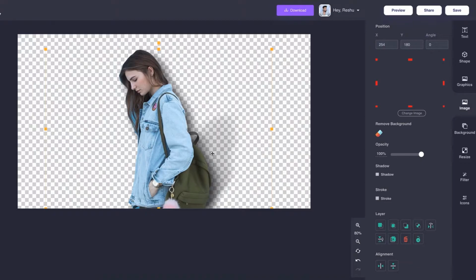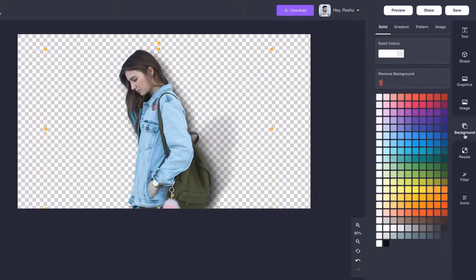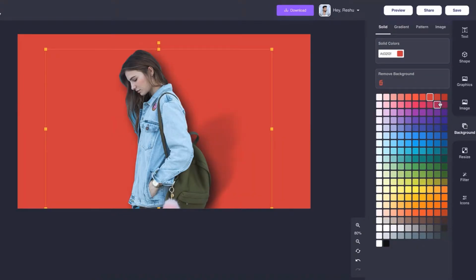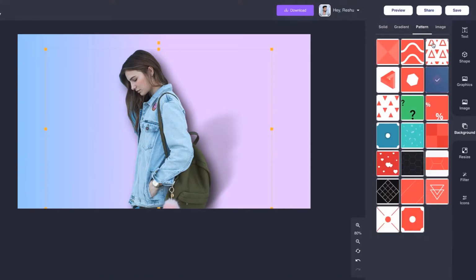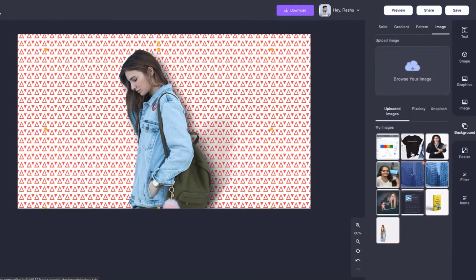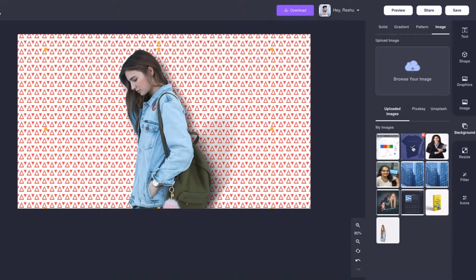So our background removal option works like a wonder. Again, you have the option of adding shadow, stroke, and layering the image in your design over here. Then background, definitely a solid background or a gradient background or any pattern if you wish. Any image, again you can simply upload the image from here.